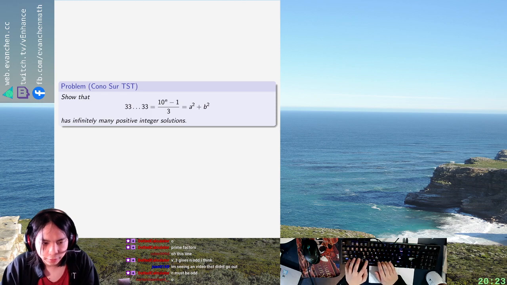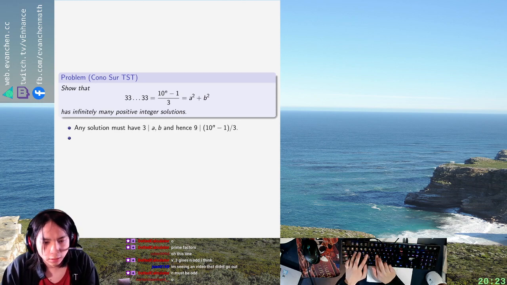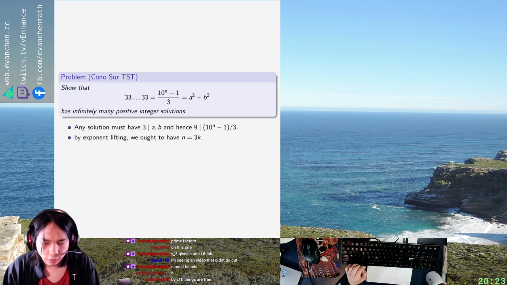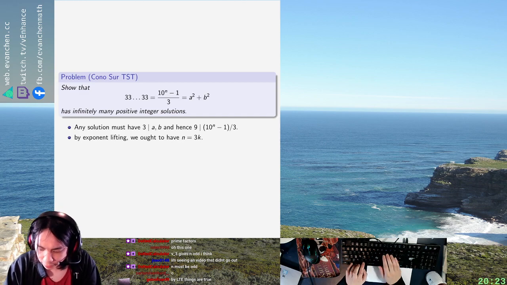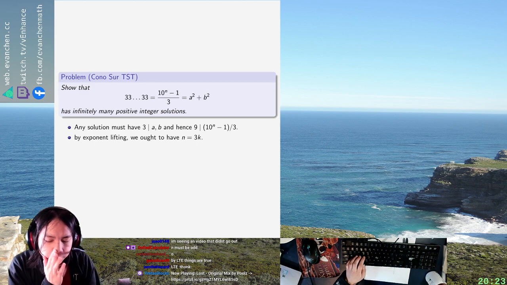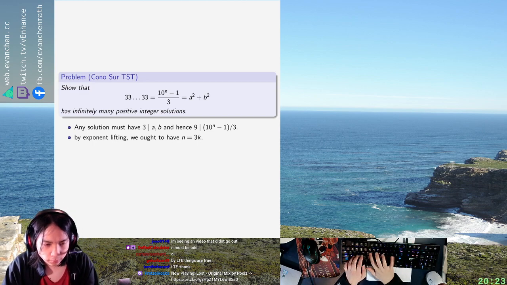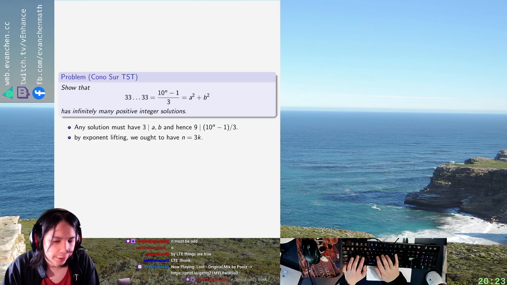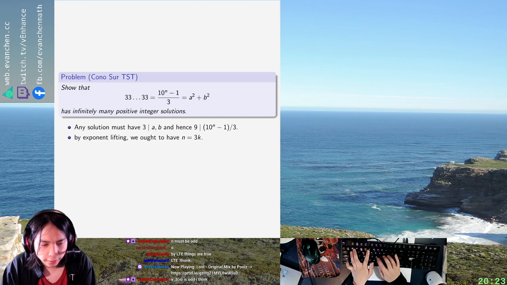So in other words, by exponent lifting, we ought to have n equals 3k, I think is the condition you want. Chat is correct. You can more strongly say that v3 of n is exactly 1, but for now let me just read it this way. So we will not lose anything by replacing n with 3k. So let's just do that. We want (1000^k - 1)/3 equals a squared plus b squared. And